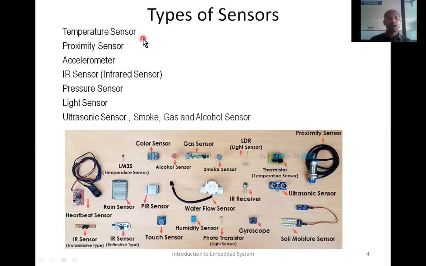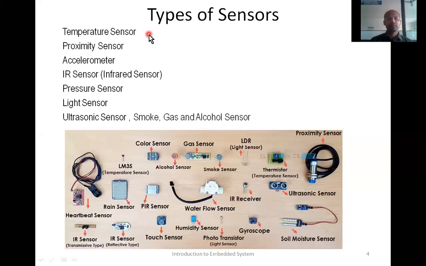And after knowing temperature value, we process that data in the microcontroller, and we compare that temperature with the threshold, whether the temperature sensor value is less than 200 degrees centigrade. If it is less than 200 degrees centigrade, we generate control signal to the heater, so that heating system continues to heat the oven.